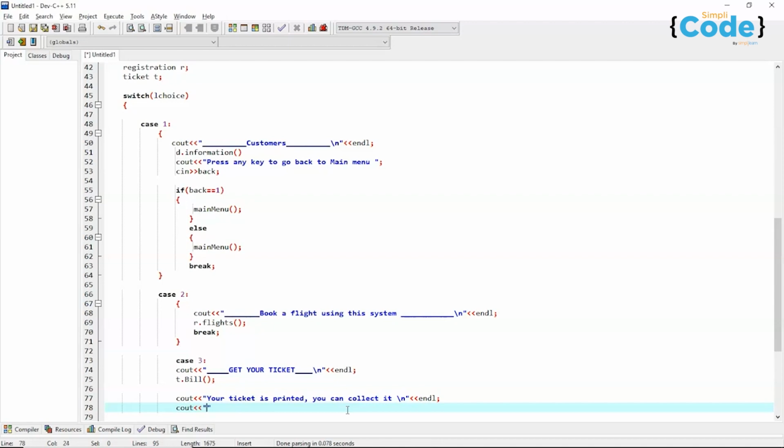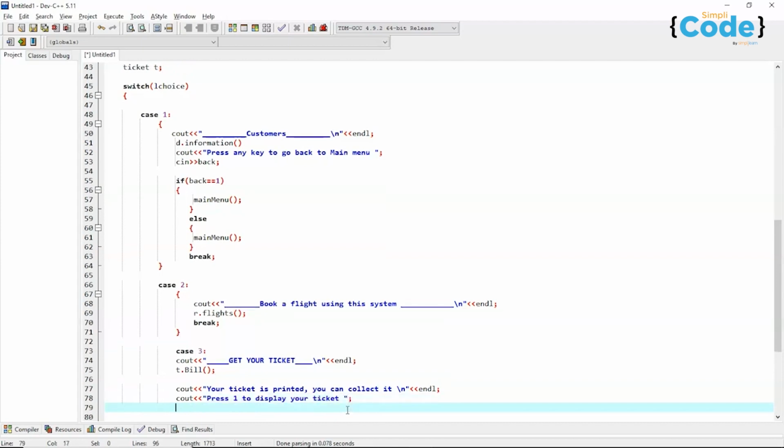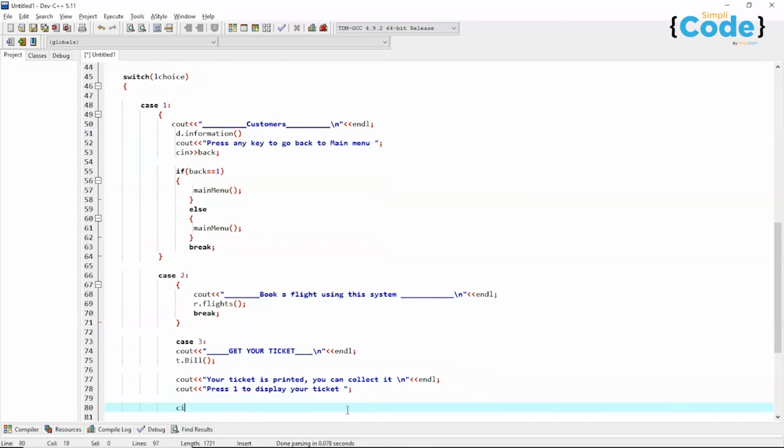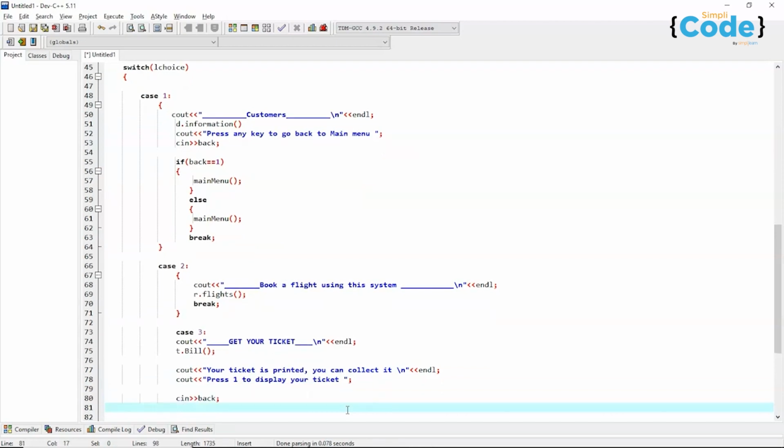Now we'll write press 1 to display your ticket. We'll take the input and